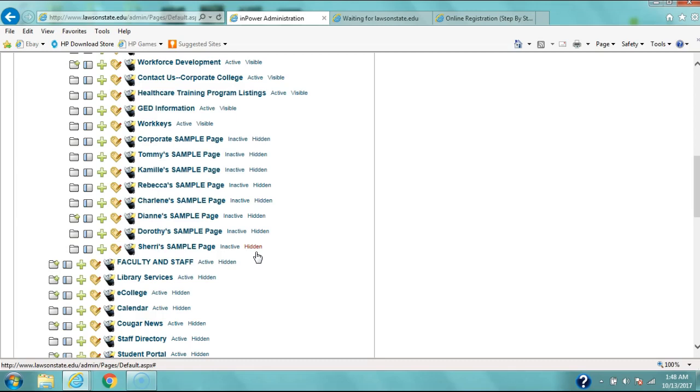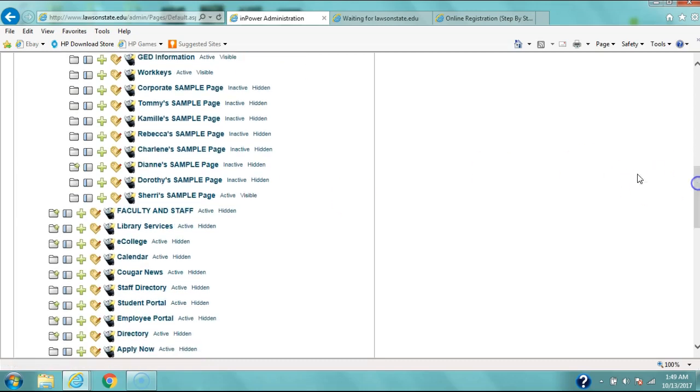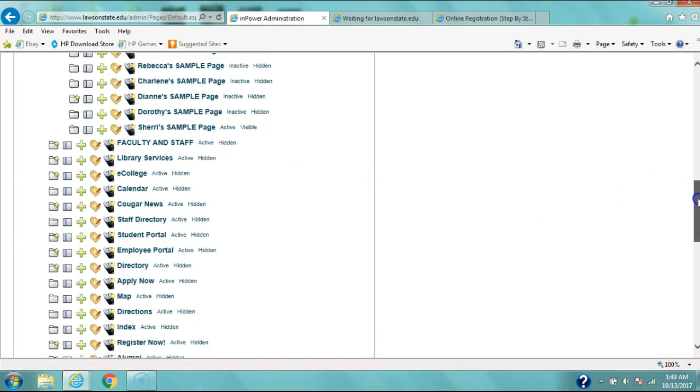But once you build your page and you think it looks perfect, you're ready to go, you can make your page active by clicking on the inactive button and switching it to active, and hidden to visible, which means it'll show on the page and in the table of contents, and everyone can see it. Once you've done that, by just clicking it, it goes back and forth. See that? It's very easy, but one thing you have to remember is that even though you've switched it, it doesn't take effect until